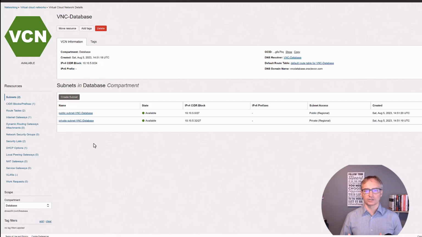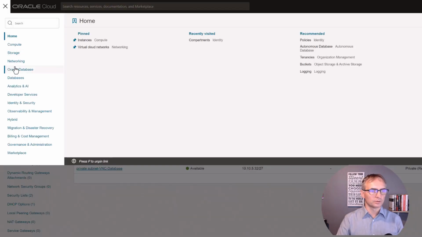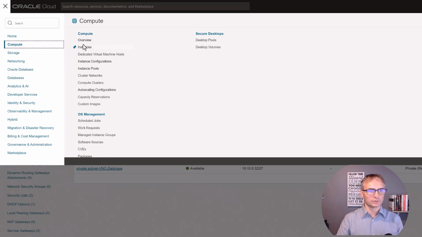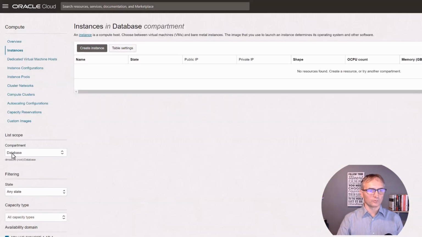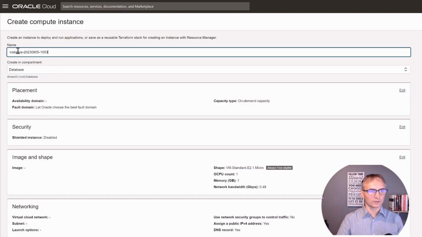But now, once we have the subnet, let's create the servers. To create the servers, we're going to the compute menu, create compute instances. Okay, we're in the compartment database, and now let's create the instance,